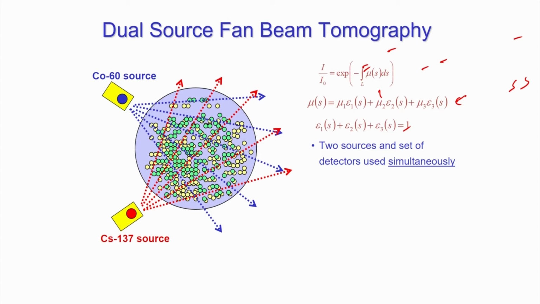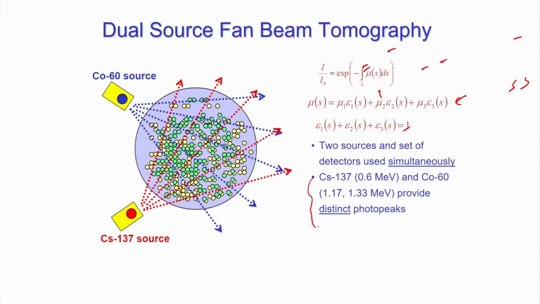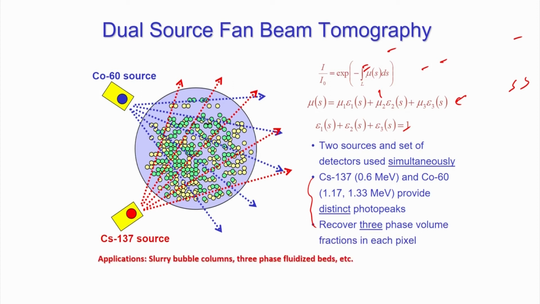So, now you will have three equations and three variables, and you can easily solve it. Because, as I said, they have different energies, they are going to have different attenuation coefficients. And that can be used to calculate the three-phase volume fraction, and that three-phase column,